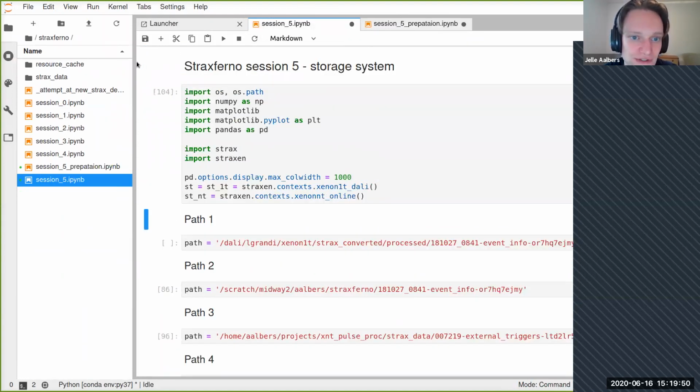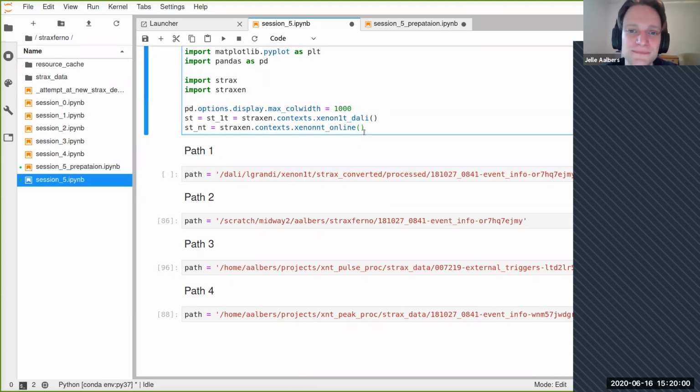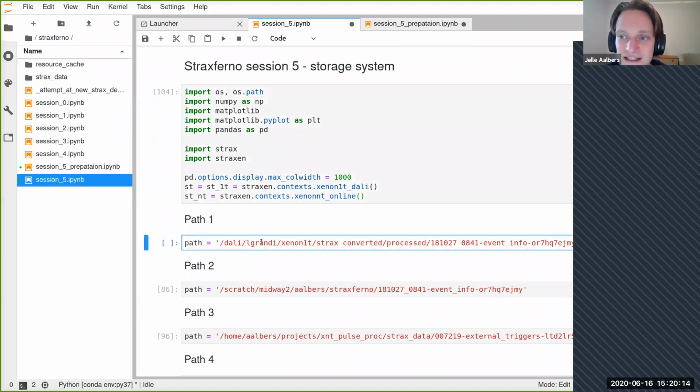It's running on DALI. Suppose a colleague comes to you and says, "I've got these amazing paths of data. Can you load them?" Or suppose that you've done some project some time ago and you want to load that data. So here are 4 paths, in increasing order of difficulty. Let's see if we can find out how to load these things. This is the first path. How are we going to load this? Any suggestions?